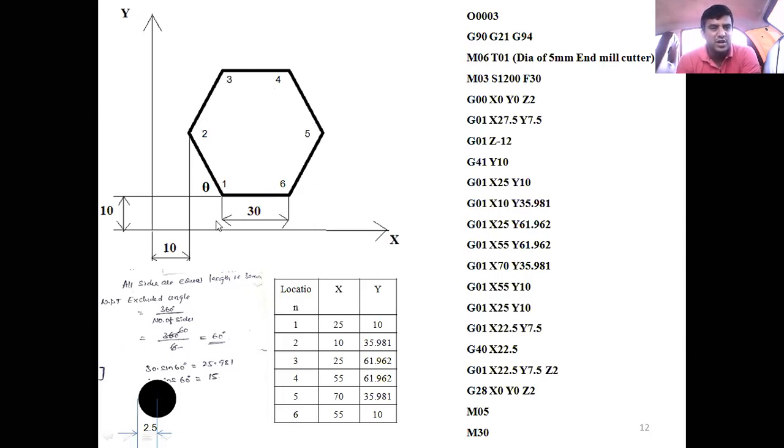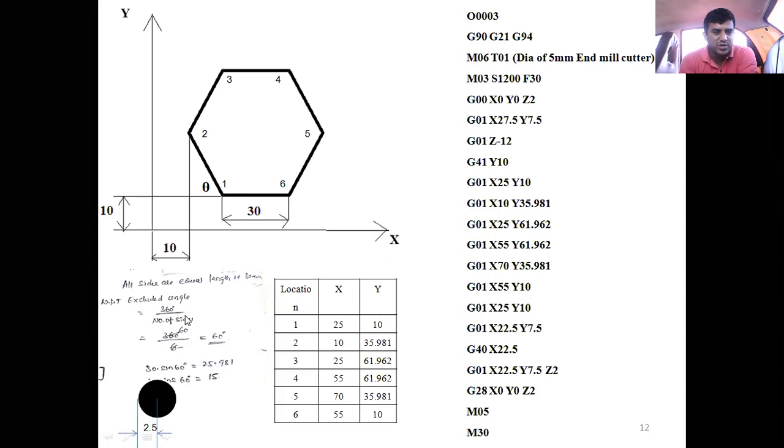Then how do you know that? This is a regular hexagon. All sides are equal. But you can see here, this angle is the exterior angle. Do we know this exterior angle? How do you determine it? I think you remember this from computer aided engineering drawing, CAD. You can see how to generate a regular hexagon by giving the sides here. See that all sides are equal in length, 30 mm, that is called a regular polygon. Here 6 sides are there, that is a hexagon, a regular hexagon.